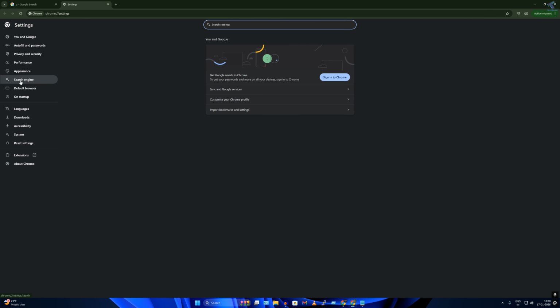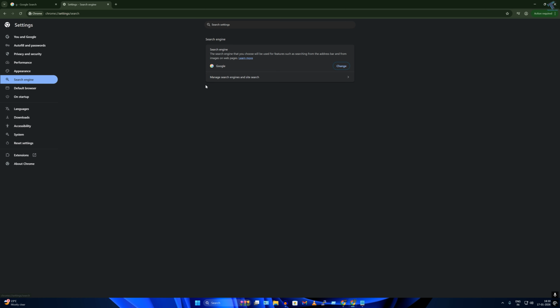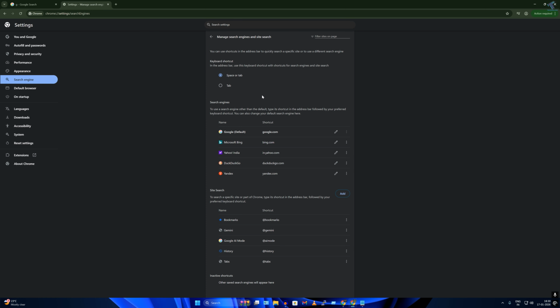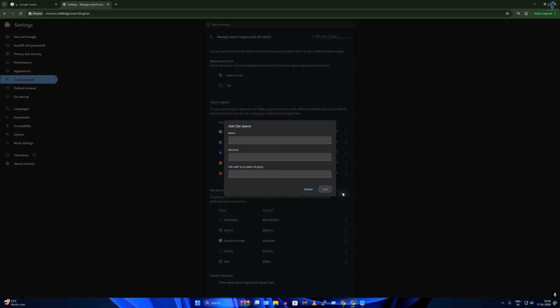From the left side, click on search engine. Now click on manage search engine and site settings. Over here you will see site search. Simply click on add, and for the name you can type anything. I will type Google web. On shortcut you can type anything,